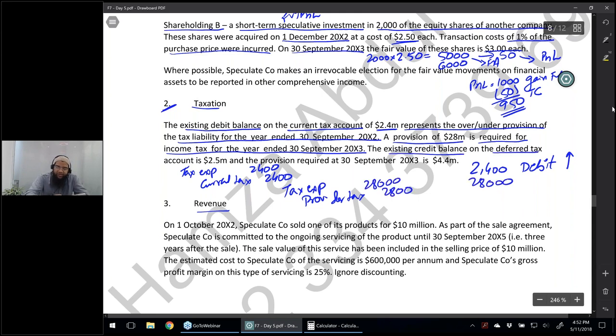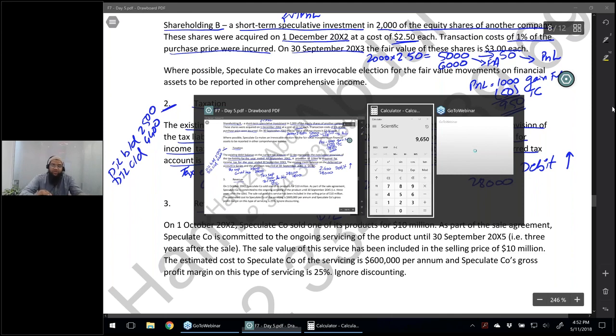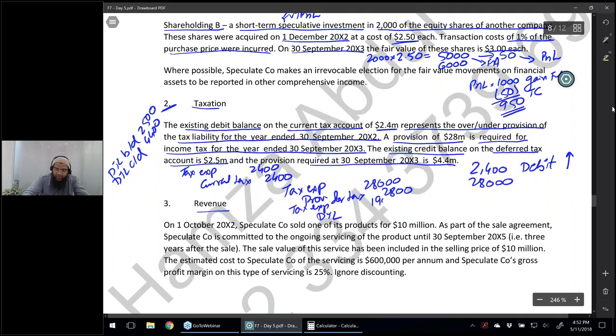The existing credit balance on the deferred tax account is 2.5 million. So deferred tax liability brought down is 2,500. The provision required at the year end is 4.4 million, which means that deferred tax liability carried down is 4,400. So this should be increased by what amount? Tax expense debit, deferred tax liability credit by 4,400 minus 2,500, which is going to be 1,900. So the tax expense will be further increased by 1,900, and the total is going to be 2,400 plus